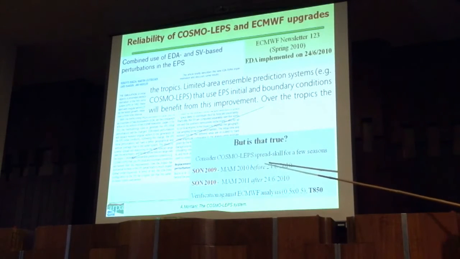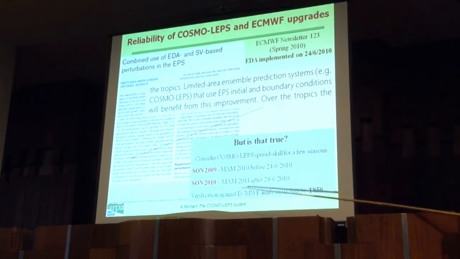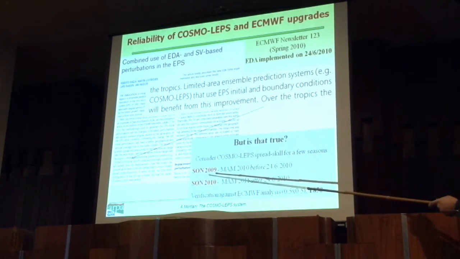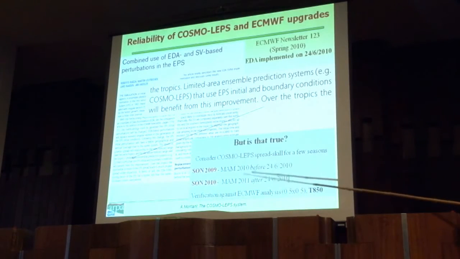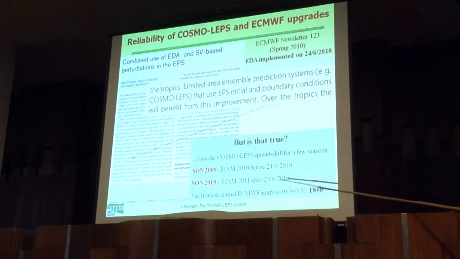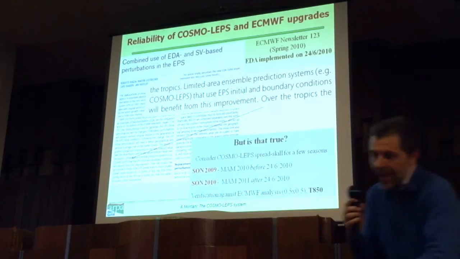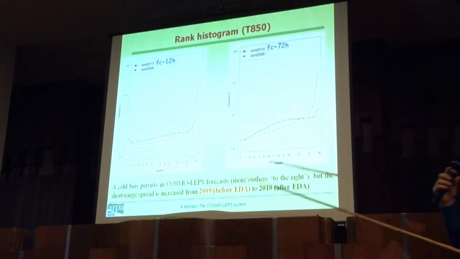So we check the spread skill relation of COSMO-LEPS before the improvement and after the improvement. We make a very quick check. We check 2 seasons, autumn 2009 and autumn 2010, so one before the change, one after the change. We look at the verification of temperature at 850 hectopascal. We made verification of COSMO-LEPS against ECMWF analysis, to try to have a quick idea of the impact that could have happened. This is a rank histogram, which